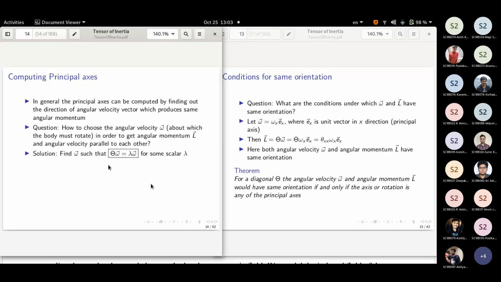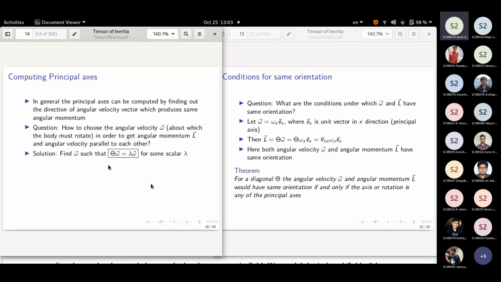Especially if you have a satellite, if you want to spin stabilize a satellite, spin stabilization is one property where this plays an important role. You want to regularly spin the spacecraft for many purposes. One purpose would be to evenly distribute the temperatures when in space. So if you spin along any arbitrary axis, this property is not going to hold. So if you spin along a certain sequence of axis, that is this principal axis, then the spin can be maintained along that particular axis. That is one example I can give.